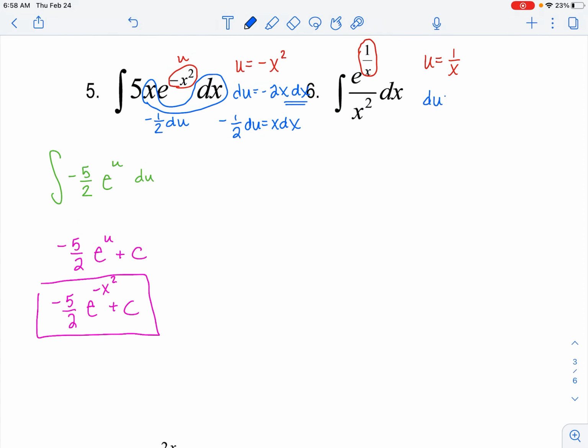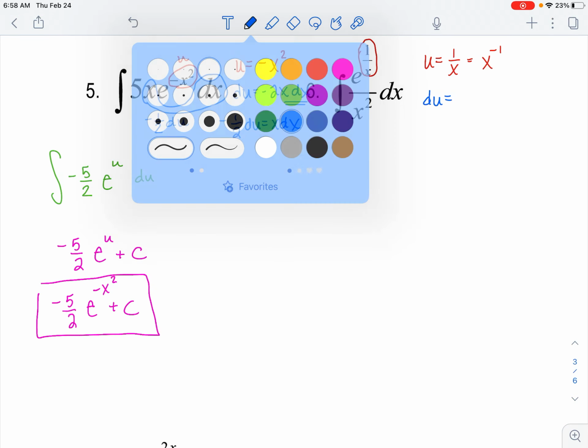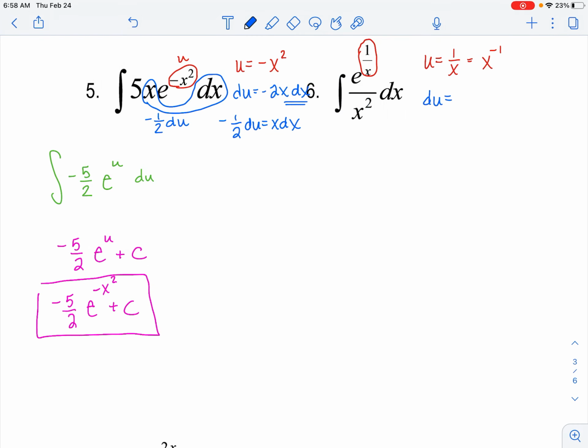And then du is not natural log, right? The integral of 1 over x is natural log, but we are taking the derivative here. So we're going to go ahead and write this as x to the negative 1 so that we can see it better to take our derivative. So our derivative is negative x to the negative 2